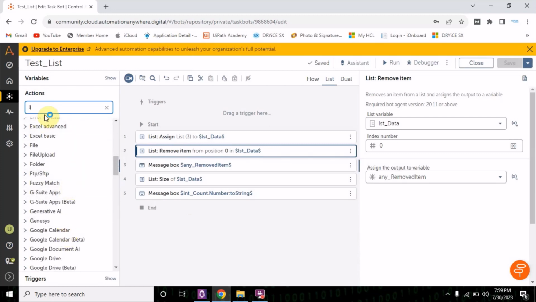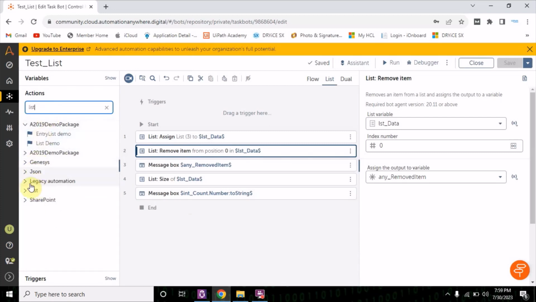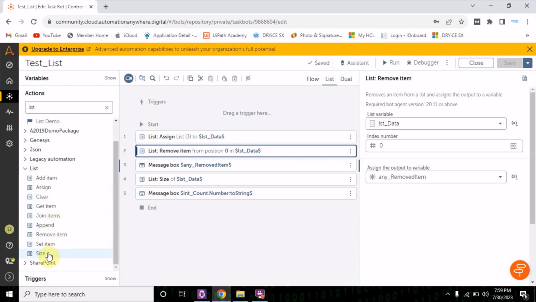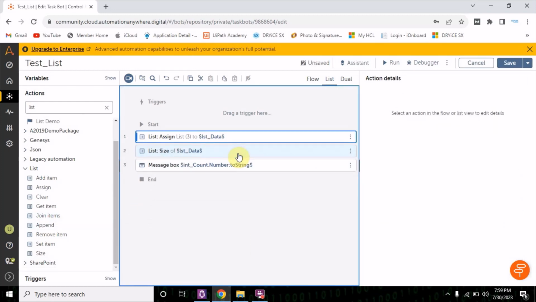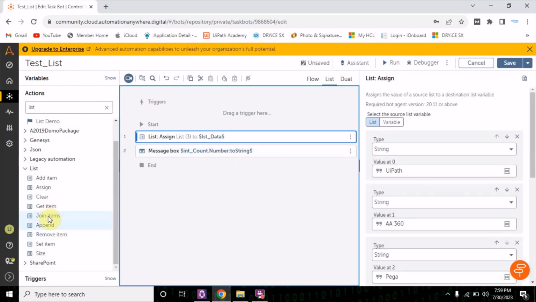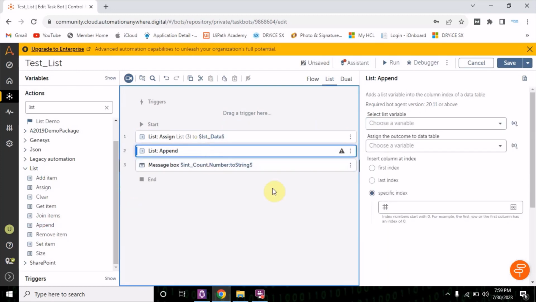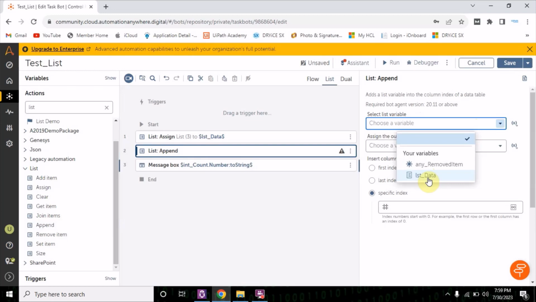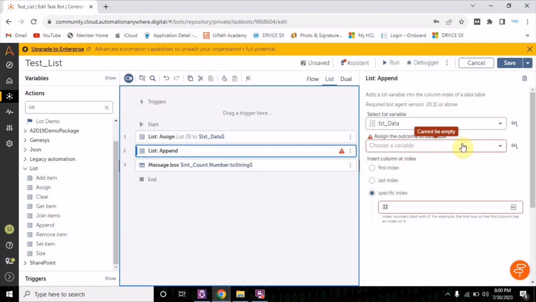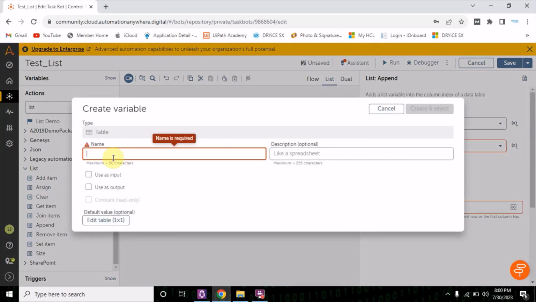Okay, now let's see the append, what this append will do. Let me first remove everything from here. For this, select a list variable. So I'm choosing my list. Assign the outcome to data table. For that, I need to create one data table. So I am creating a table